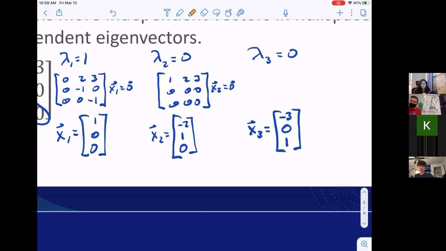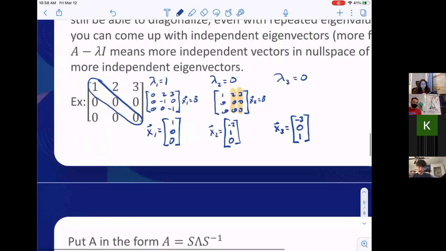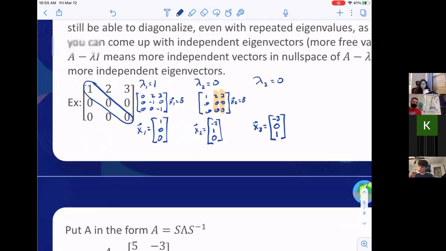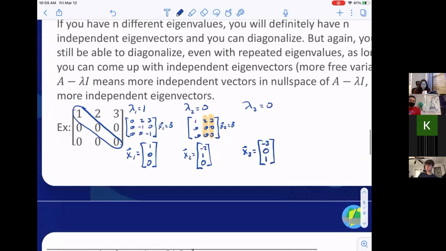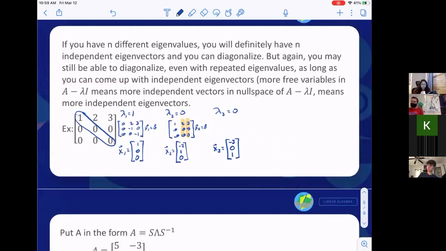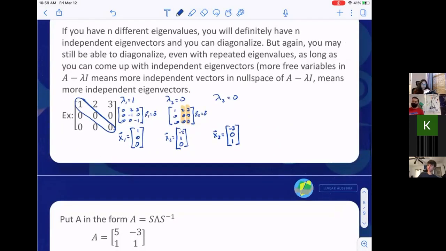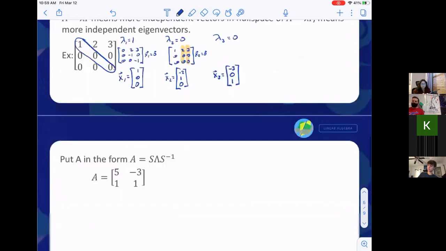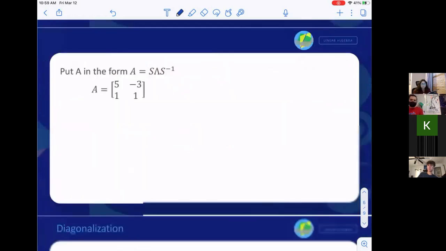What I'm looking for is 2 free variables. I can get 2, which is what I need here. So this matrix is diagonalizable. It's really a diagonal matrix anyway, so it doesn't matter, but it is diagonalizable. Other ones can be too. It doesn't have to be something this simple. I just picked simple ones to illustrate it. So we can take a matrix, and as long as we can come up with independent eigenvectors, we can